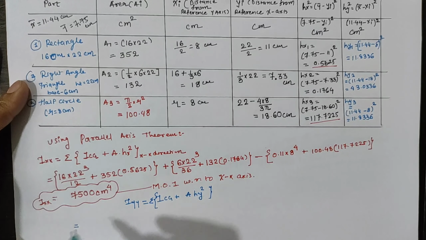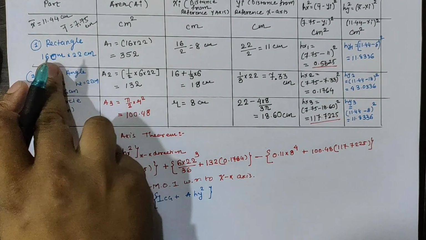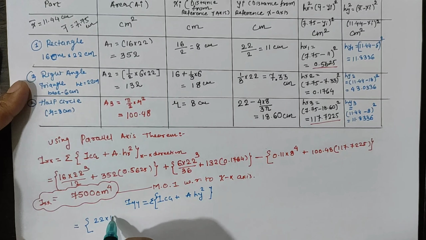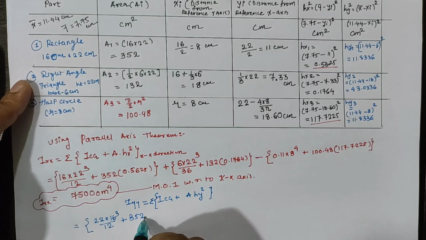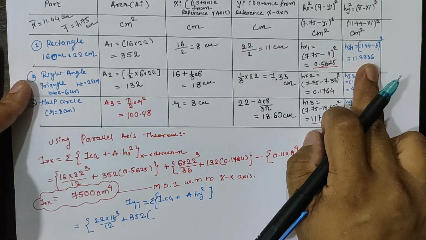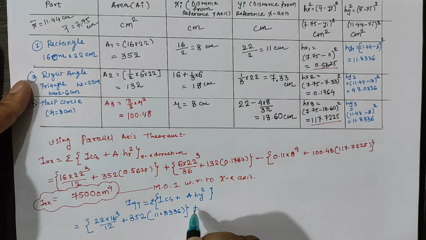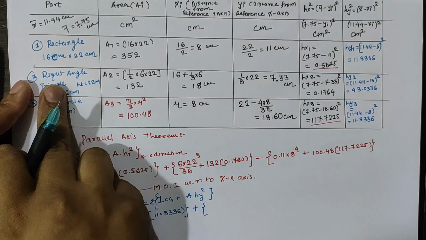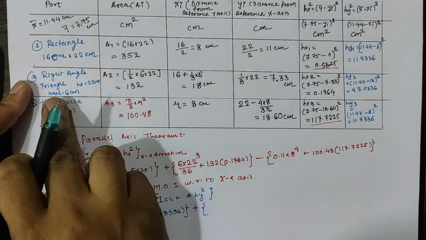Hence, for the rectangular section, it is db cube by 12, hence 22 into 16 cube by 12 plus whole area of 352 of the rectangular part into hy for the rectangle, which is 11.8336, plus for the second part, a right angle triangle, the value is hb cube by 36, so 22 into 6 cube by 36 plus area 132 and hy as 43.0336,